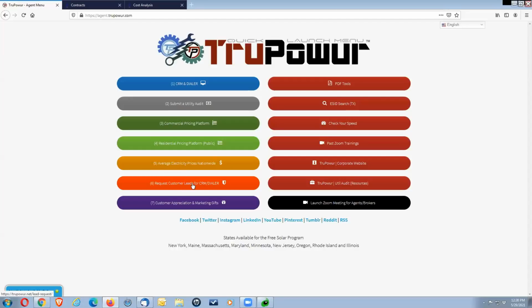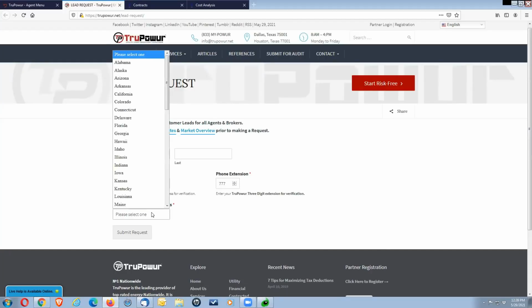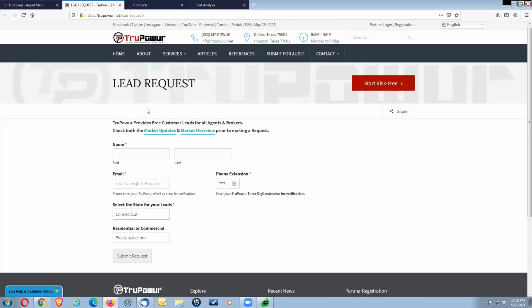Once you've determined what you want, all you need to do is go over here and click on this orange button to request some customers be added to your CRM. You put your name, email, and extension, and then what state? Well, I want Connecticut and I want commercial. So I put in my name, my email, hit submit, and then support will add that to your